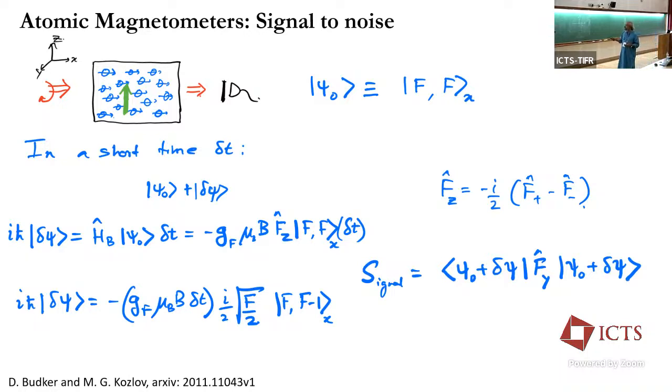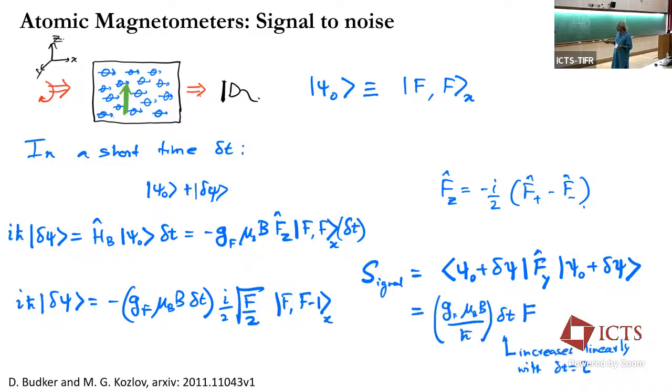And then you recalculate and ask: what is the spin projection on this direction? Because maybe my optical field is where it's coupling. So this is my signal. When you take the product between the same states, you see that the Larmor frequency is showing up, but also there is this delta t, because we are taking a very short time. On this time scale, you see that this is increasing linearly. And then there's this F, which is coming from here. So from now on, I'll take this calculation a little more seriously and put this delta t as tau. This is the time over which the system is evolving.